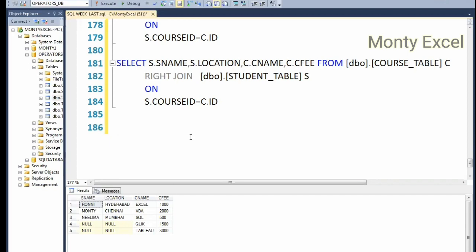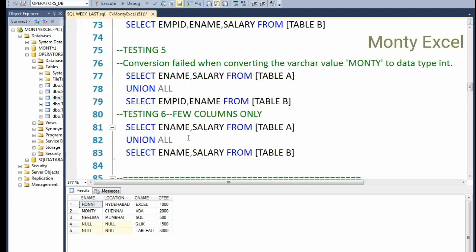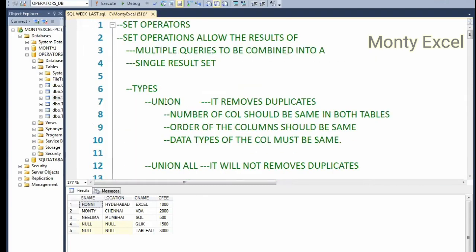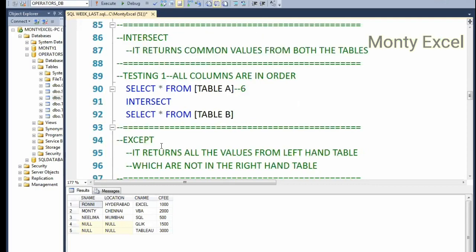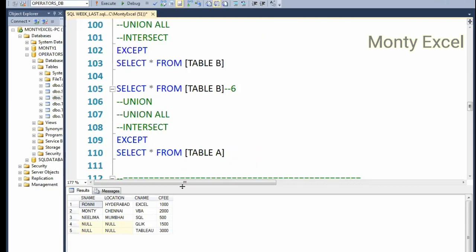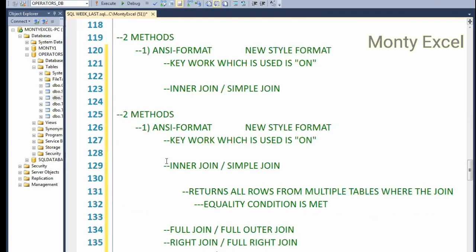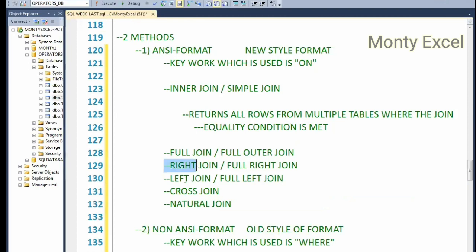Is that in the list? Let me just look at my text, what I've written here. Union. Full join, right join, left. Yeah, let's talk about the cross join now. In case of a cross join,